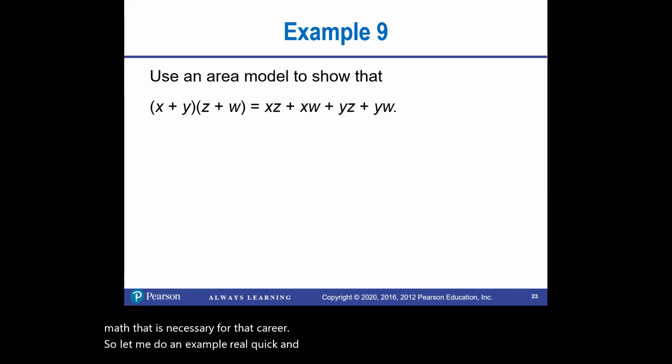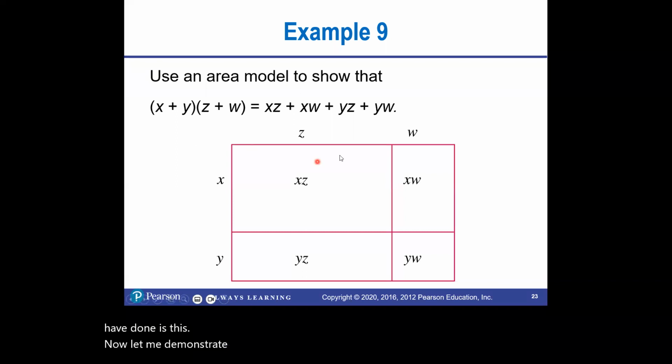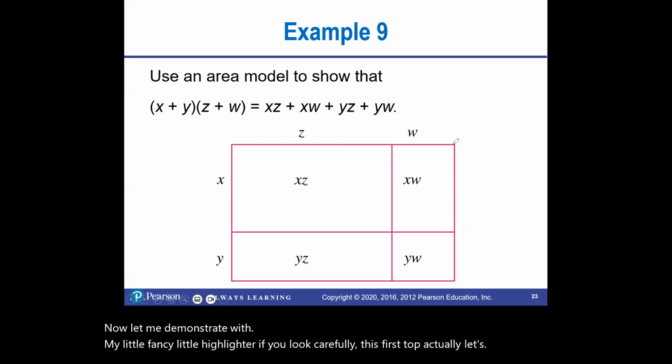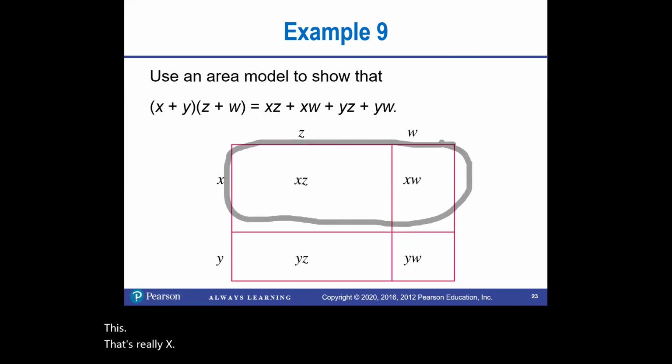And I know this is X's, Y's, and Z's. This is the classic for distribution. It's written out this way, and this is sometimes called FOIL, but to understand what you could have done is this. Now, let me demonstrate with my little fancy highlighter. If you look carefully, this first top is really X times Y plus Z. So I took the X and I multiplied it into all of this. And if I do that,